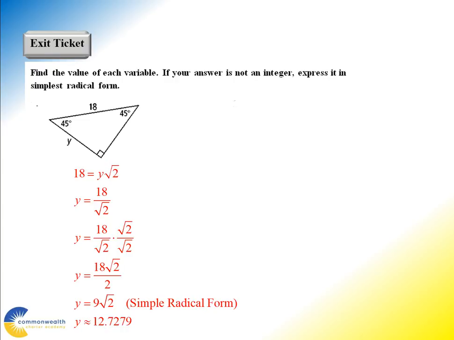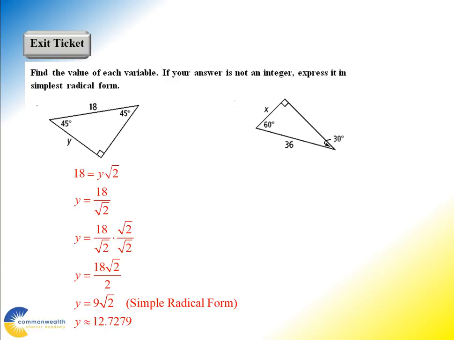Again, if you have multiple choice options, and you're not entirely sure about your ability to write in simple radical form, one of the ways around it for a multiple choice item is to simply get your answer as a decimal and then look at the answers and put those in your calculator, see which one gives you the same decimal. So